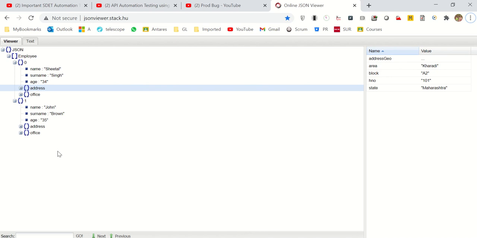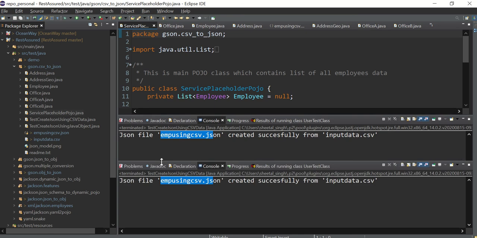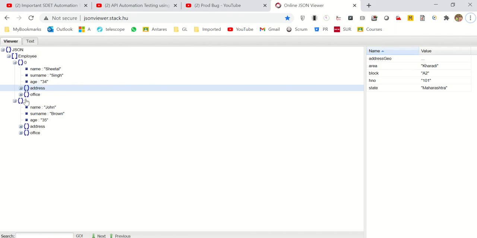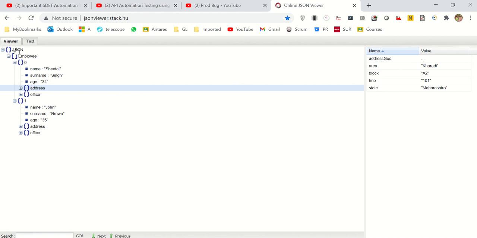So we need a final class, one more class, a placeholder, which will contain the complete JSON. It will be simply a list of employees. Understand? It's a list of employees: the zeroth element, first element, second element, third element, right? So it's a list. The complete list will be represented by this JSON. This level node is an array.